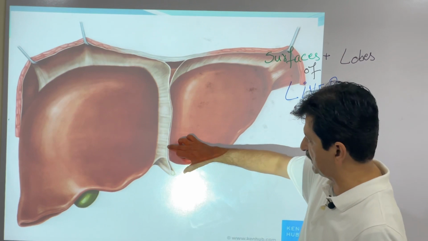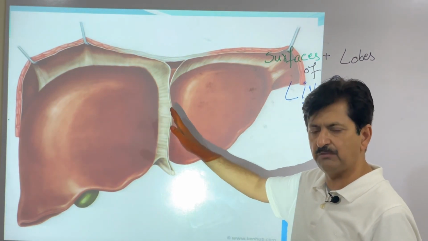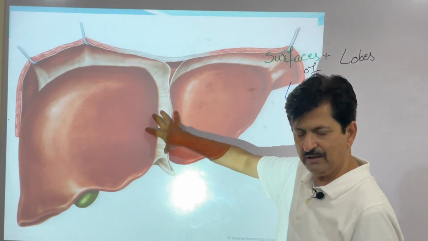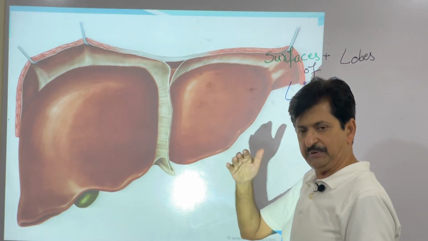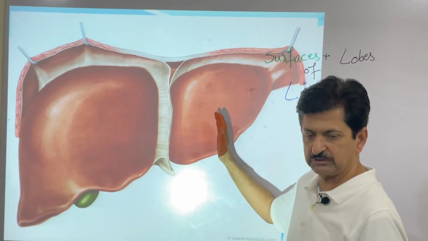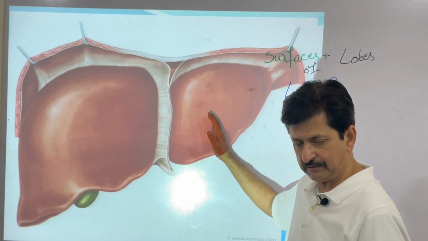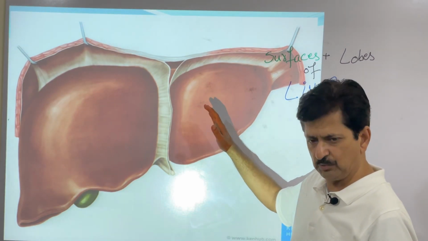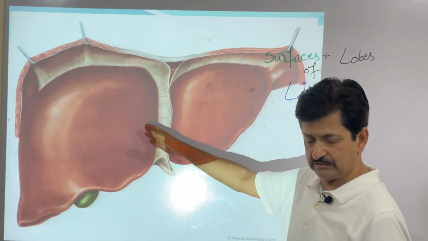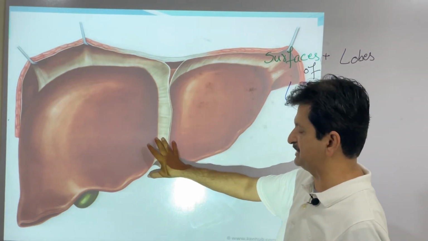So this is what we call the falciform ligament. Anatomically, the falciform ligament divides the liver, from this anterior or diaphragmatic surface, into two clear-cut lobes: the smaller left lobe and the larger right lobe. Almost 3/4 here, almost 1/4 here. It's not in quarters as such, but you can say almost. This is 3/4 of the total mass of your liver.